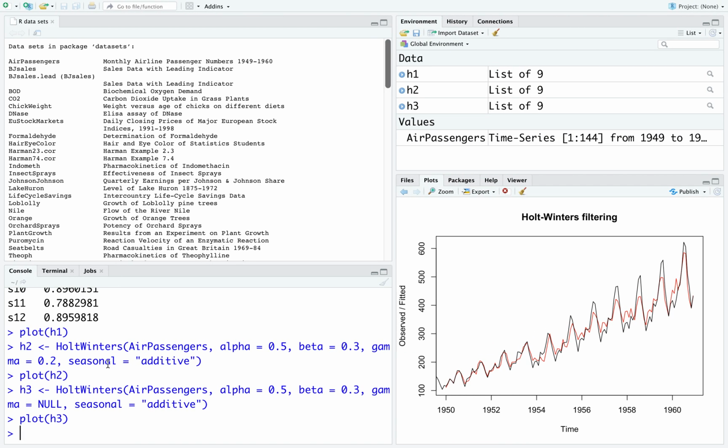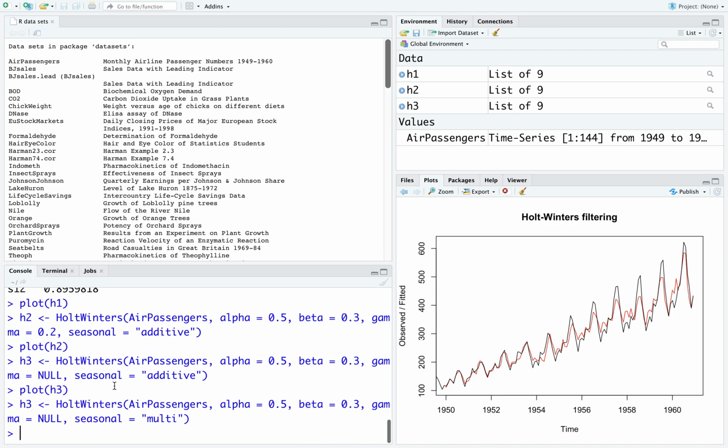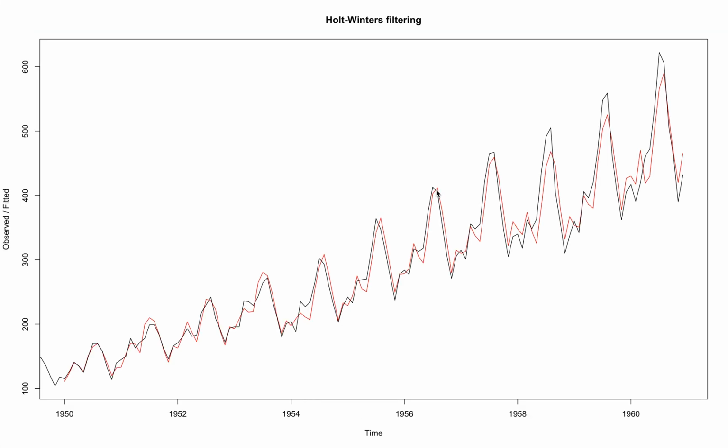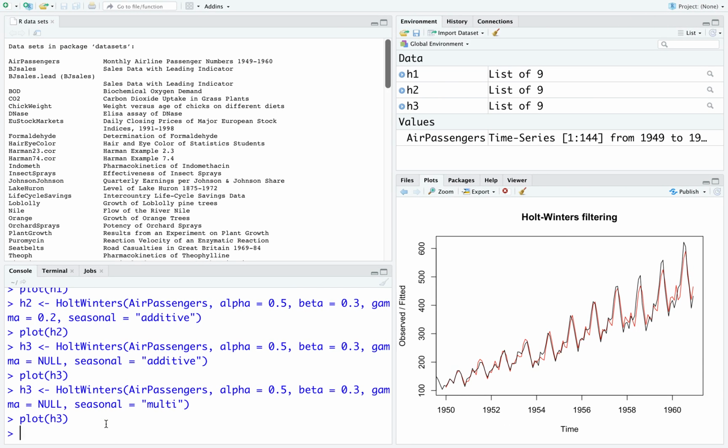So, this double exponential smoothing is not adequate, even if I were to change it to multiplicative. Let us try that. You do not have to type in the whole thing. I think it takes if you type in a few letters. So, I will just type in multi instead of multiplicative, and that worked. Now, if I plot it, it is better than the previous one, I think, right. So, clearly the seasonality must be multiplicative, even if we do only double exponential smoothing. It is not additive at all for this particular data set.